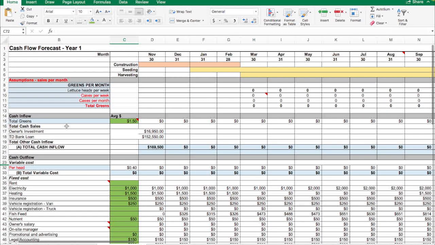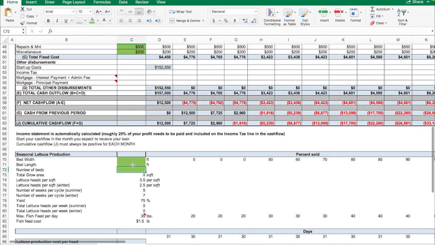Next thing is here you'll see that you got greens per month. So we've used lettuce heads as the base for all the calculations here. And we've done it by lettuce heads per week, cases per week. Every case has 24 heads, cases per month, and total greens. So these are the numbers that you're going to get over here once you input just very simple three values here in the bottom three cells right here, which is your bed width, your bed length, and your number of